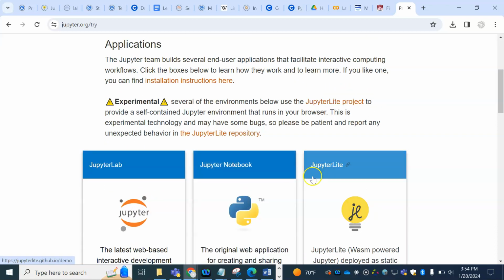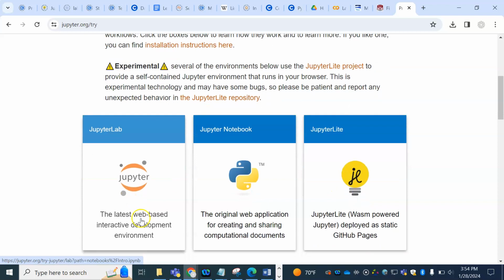There are two choices here. Either we could do Jupyter Lab or Jupyter Lite. For the kind of data science that we will be doing in this class, you would be perfectly fine working either with Jupyter Lab or Jupyter Lite or with Colab. So if I go into Jupyter Lab,